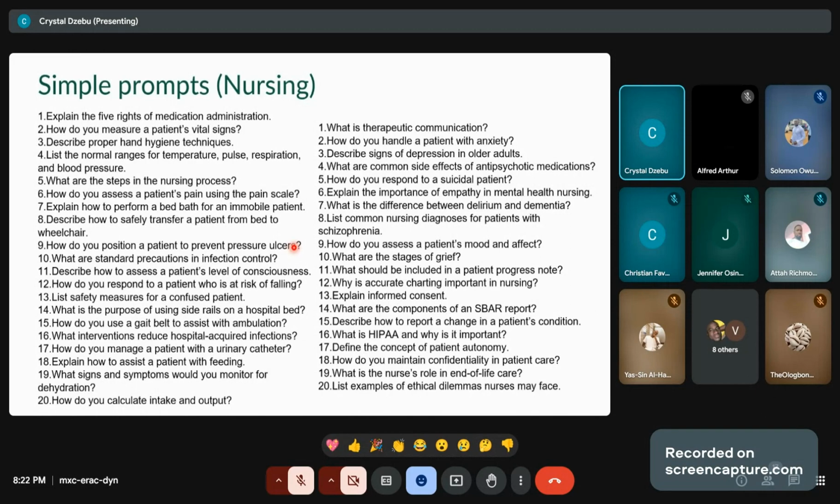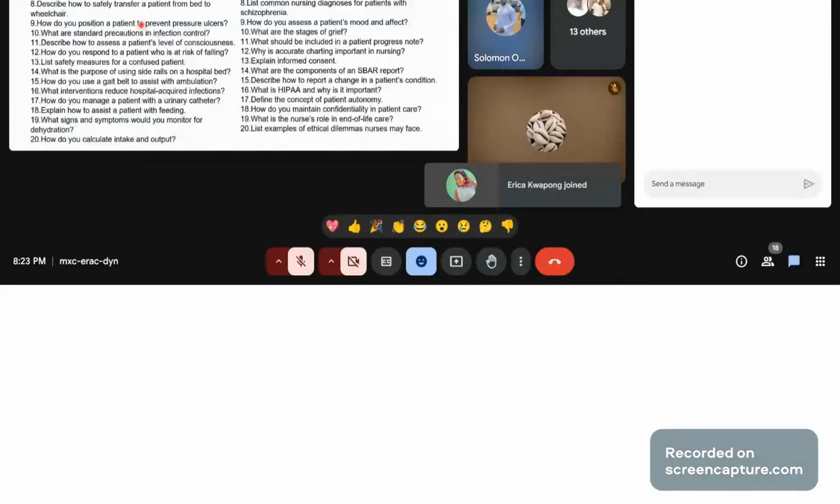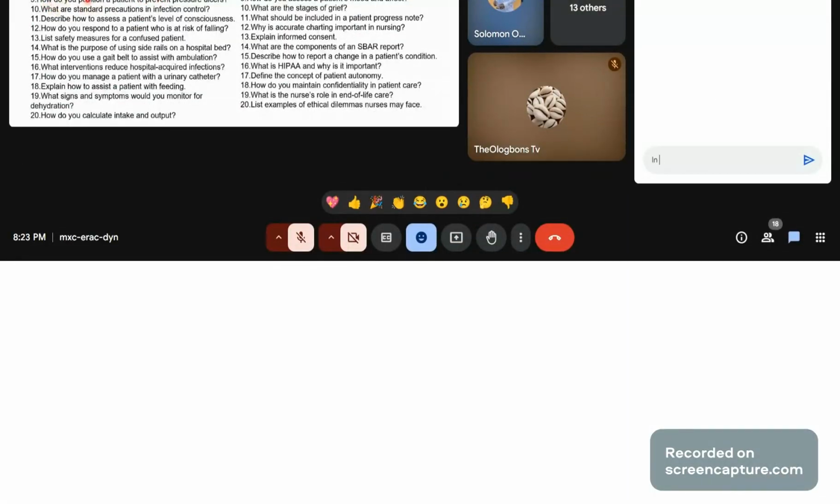So maybe sometimes you've been asking questions, maybe you are even at work, you are in the hospital and you don't know certain things, you can quickly refer to this generative AI to know how to do some of these things, such as how you want to quickly position a patient, and maybe you were not taught in the classroom or you were not taught at practical. You can quickly check how to do that, and even get more information about this so that you can do the right thing. You can also use it in your private personal studies.